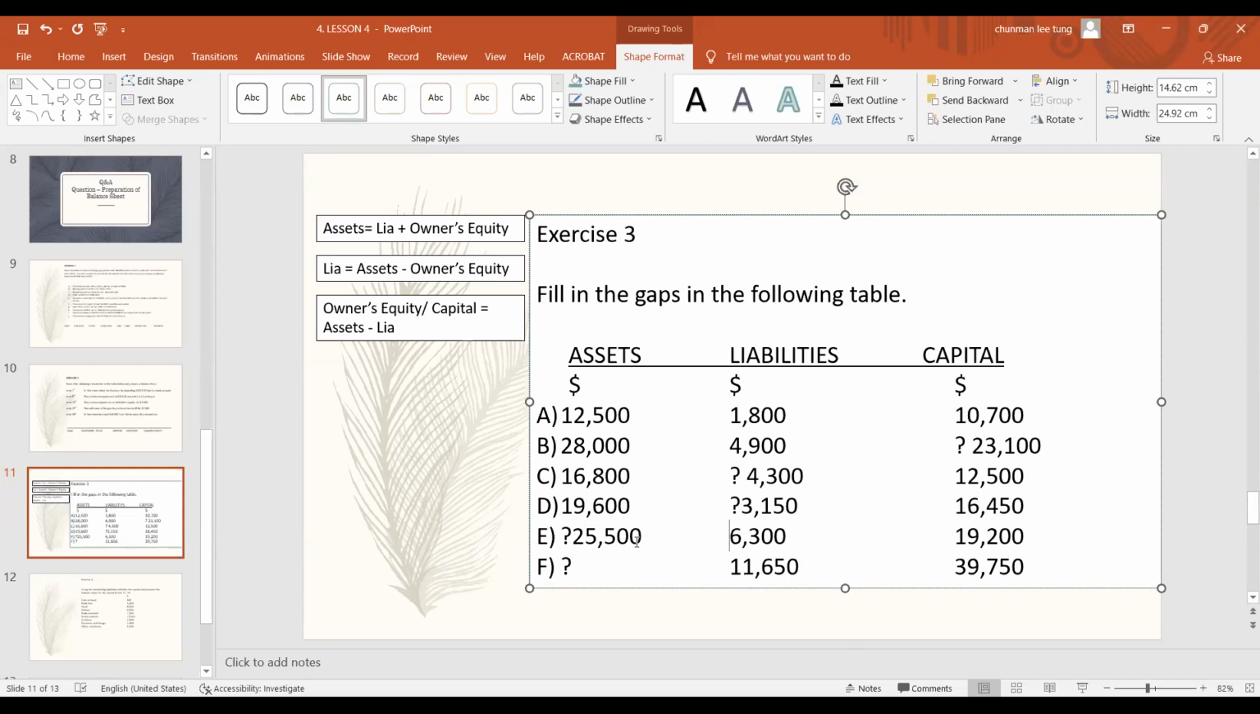Right? Same thing for F, liabilities and owner's equity, 51,400. All right, so those are your figures. Pay attention to your